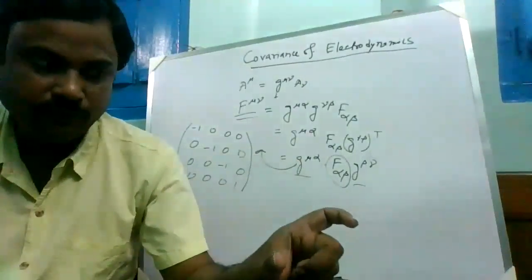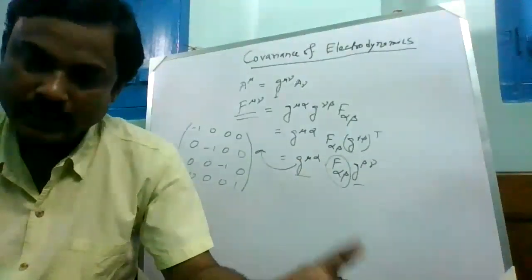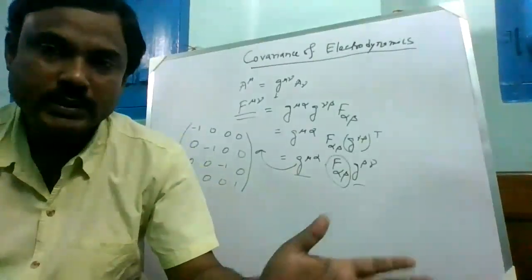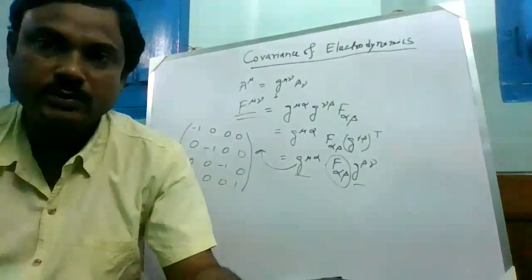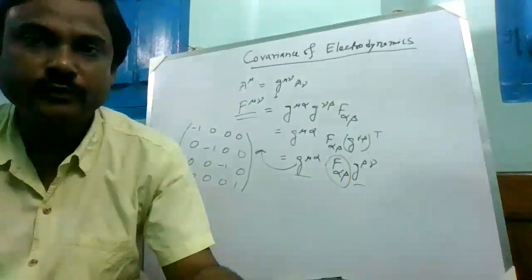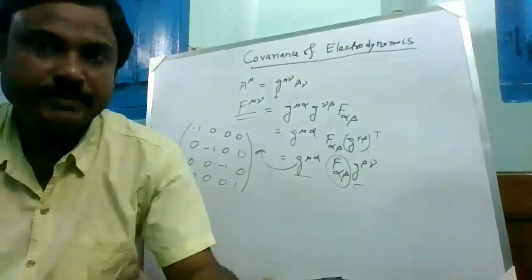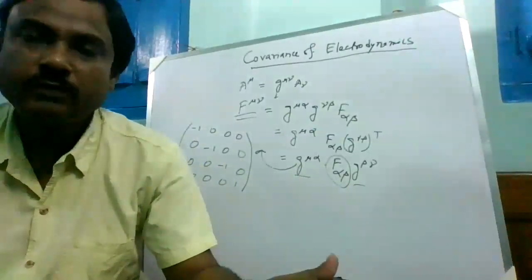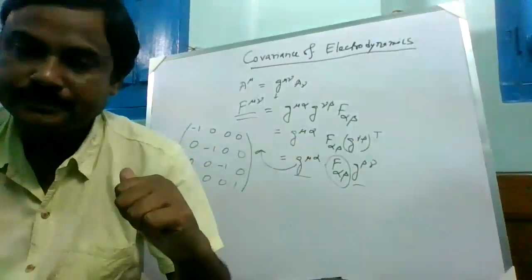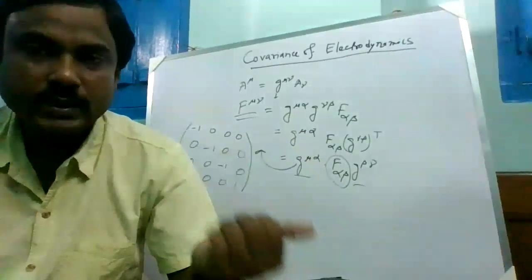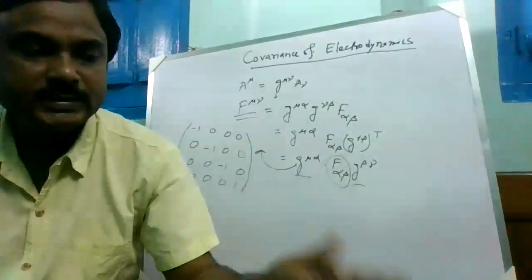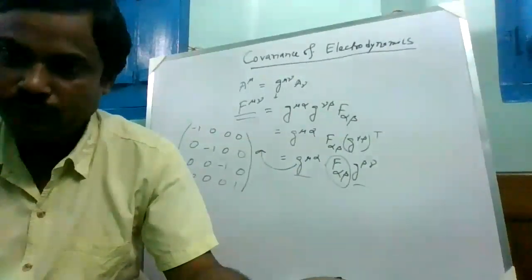When we see the electric field and magnetic field on the same footing, the reason is that when we are expressing all the quantities in four vector notation, that means space and time are on the same footing, then electric field and magnetic field cannot be distinguished from one another, because the motion of an electric charge is equivalent to a magnetic field. So when we are considering electrodynamics, that means charge in motion, then electric field and magnetic field are on the same footing.